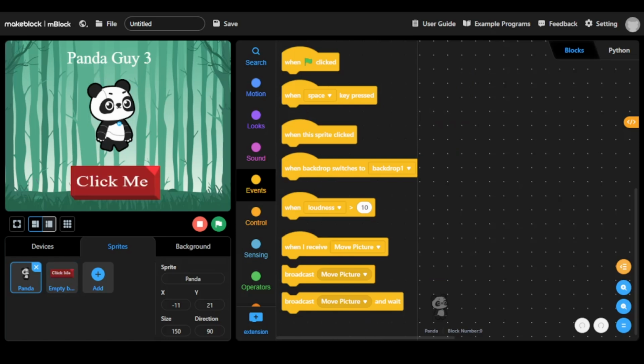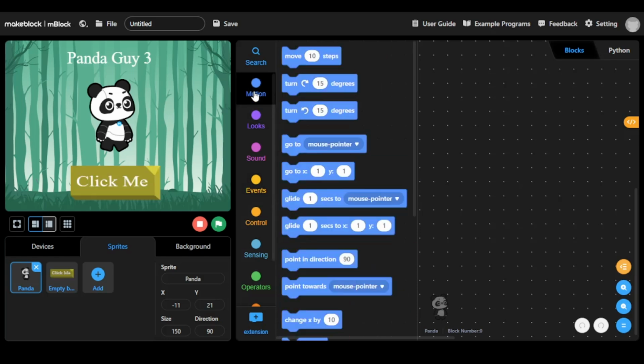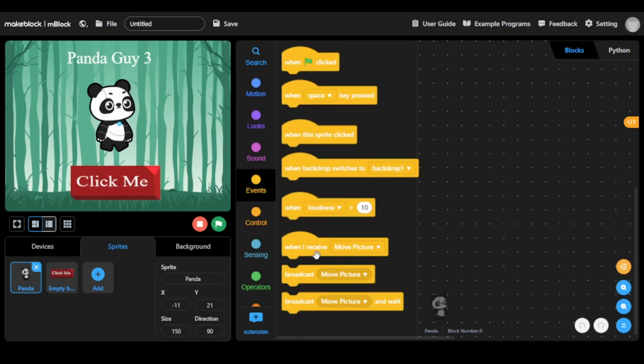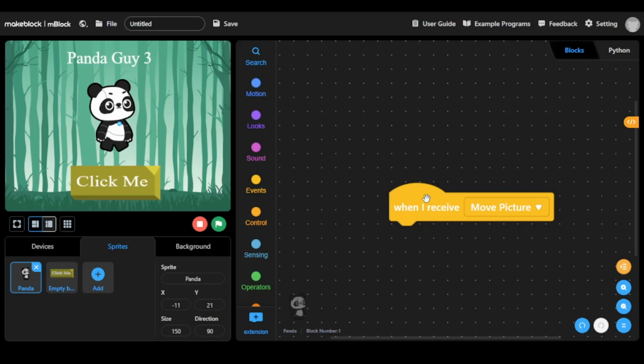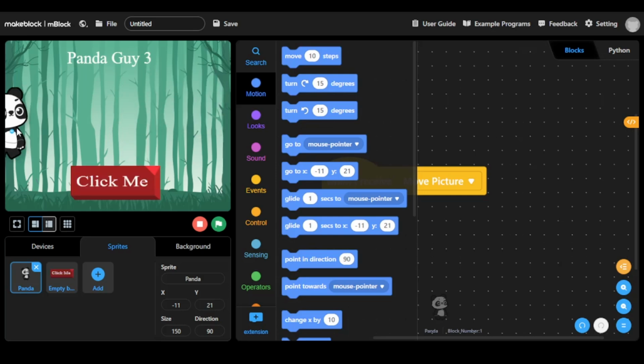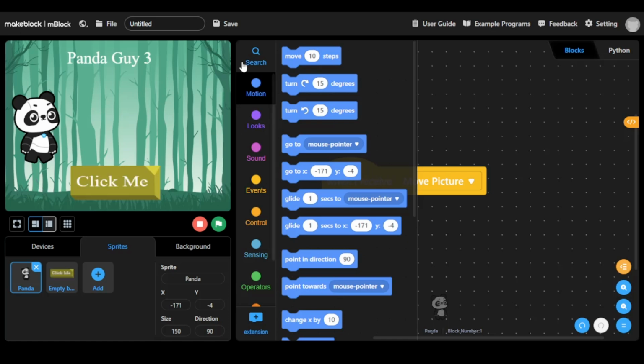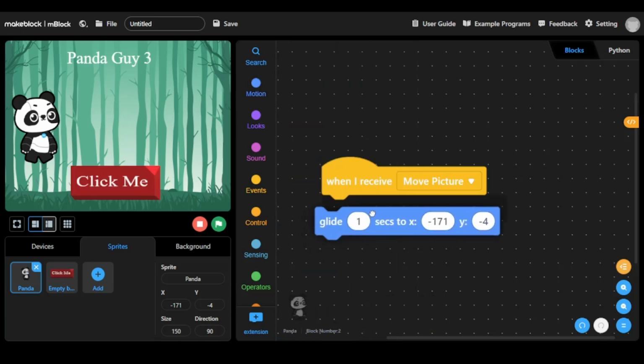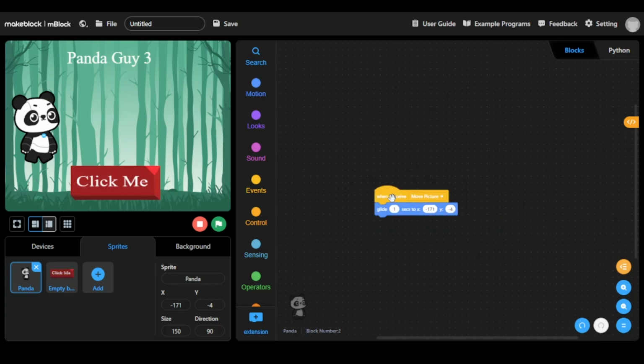Then, I think, do this. So, first step, when I receive move picture, the previous thing, glide. Let's just put him anywhere, but for me preferably I want him on the left side. So now we go to motion, glide 1 seconds to wherever you want him to, and then